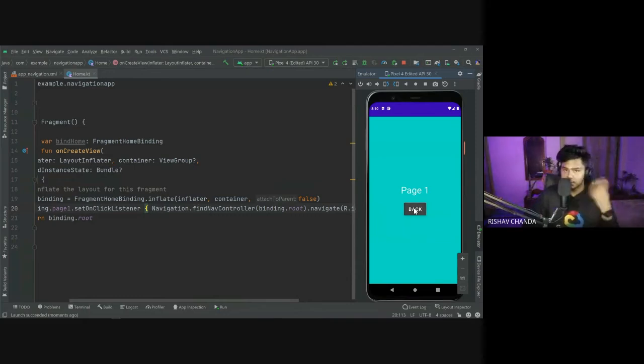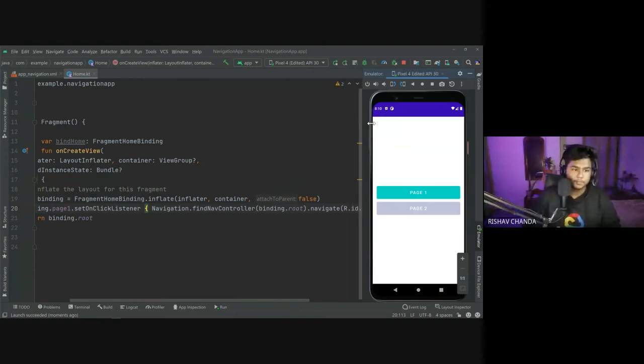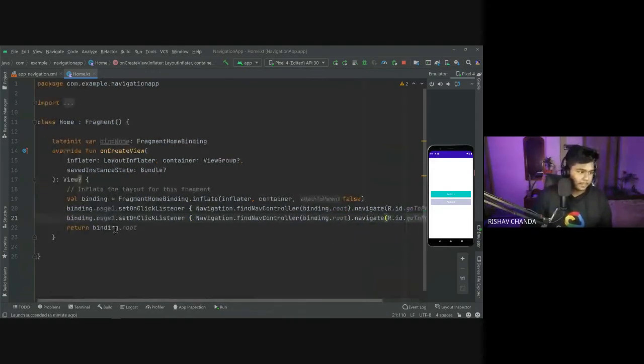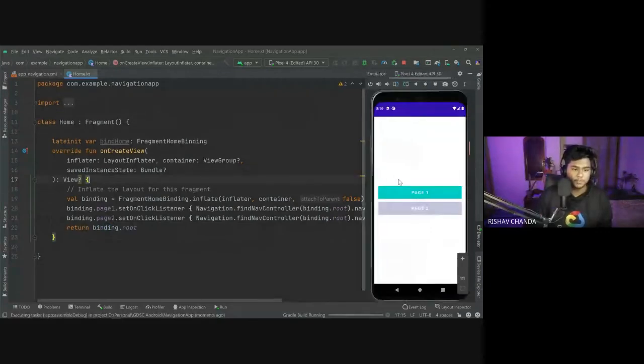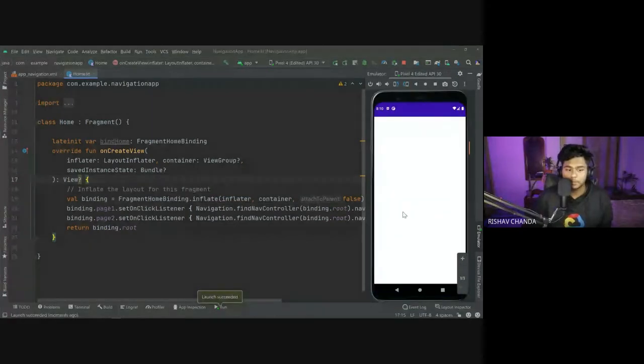But this back button is not yet working, so I would like to go manually. Now I would like to add the same for page 2. If you click on page 2, it won't work. So simply copy this same code, paste it here, change this ID to page 2 that we have given, and change the binding also, that is page 2 button. And now if you run this one, you can see that page 1, page 2 will work fine. Click on terminate, and if you click on page 2, you can go to page 2, right? So you have created the navigation part successfully using the navigation graph.